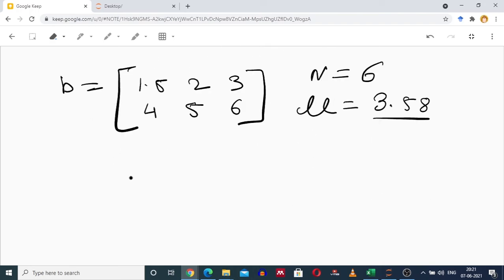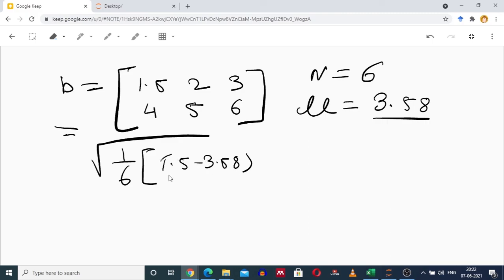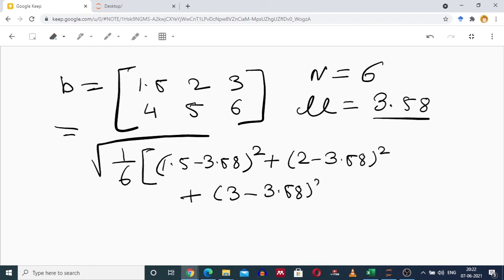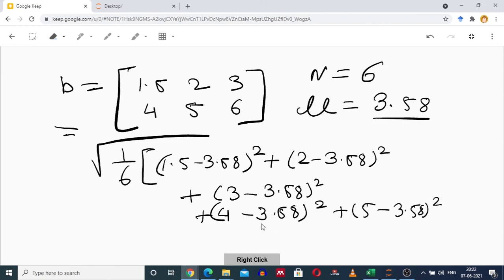So, standard deviation will be the square root of 1 by 6 in the larger square bracket, (1.5 minus 3.58) squared, plus (2 minus 3.58) squared, plus (3 minus 3.58) squared, plus (4 minus 3.58) squared, plus (5 minus 3.58) squared, plus (6 minus 3.58) squared.